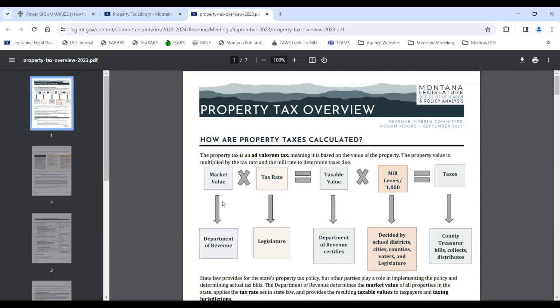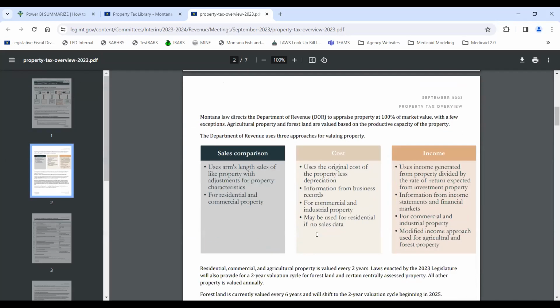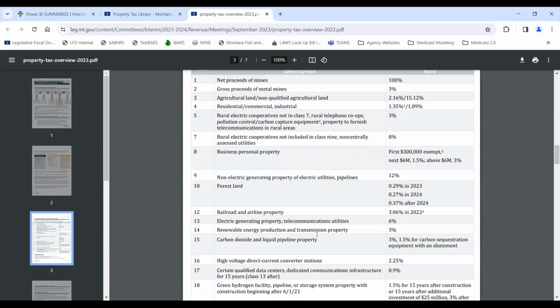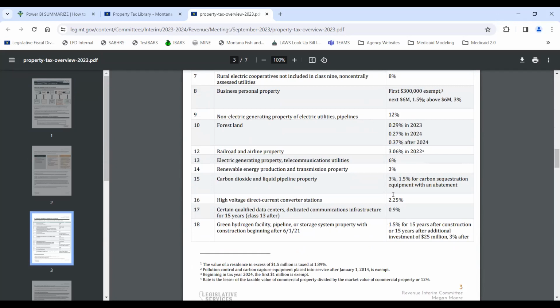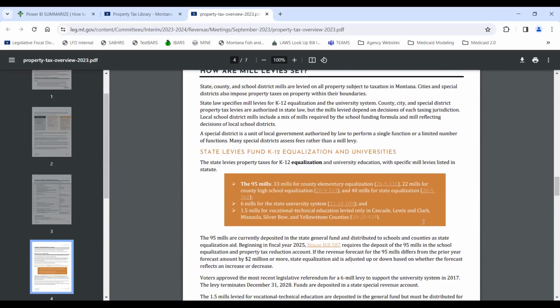So this document goes through just how to calculate property taxes, and which component of the formula is determined by which entity. It goes through the different methods of reappraisal, different classes of property here, and their various statutory tax rates, and then how mill levies are set. And,